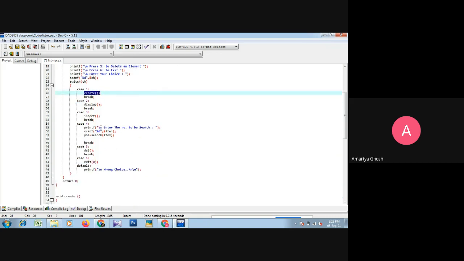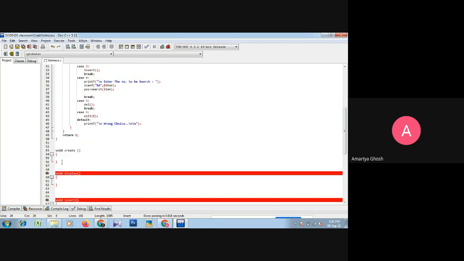Now we have to define the create function. Create function is nothing but the input operation of an array.